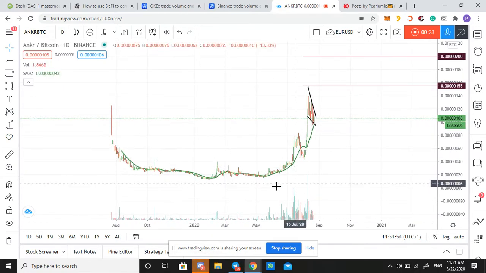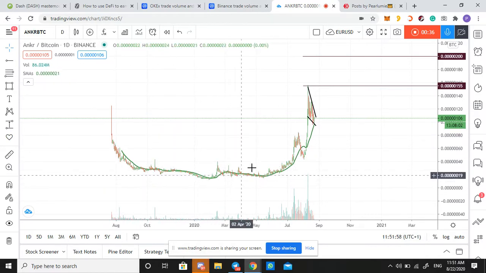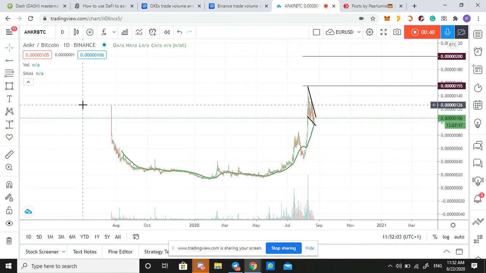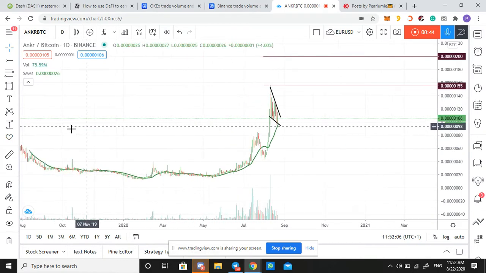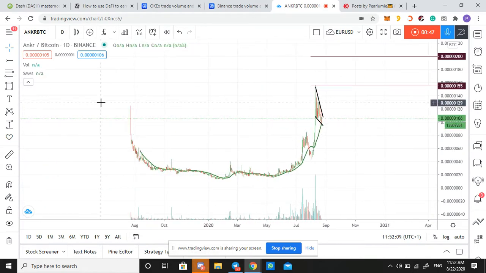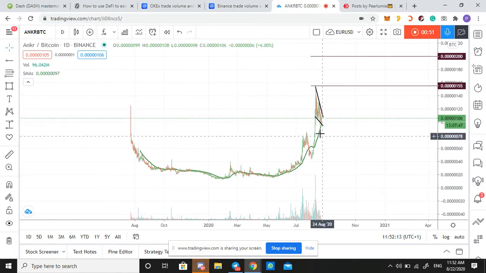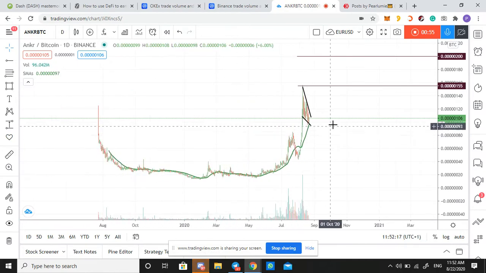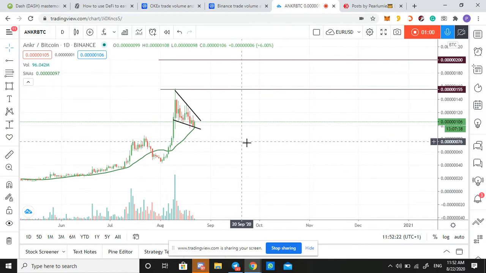We see a rounding bottom here. Price bottomed here, went up, came back down, tried to break the top of this. Well, I think it did. Yeah, it did. But after that, it was followed by a retrace here. So I believe this is a retrace currently going on here, and the retrace has formed